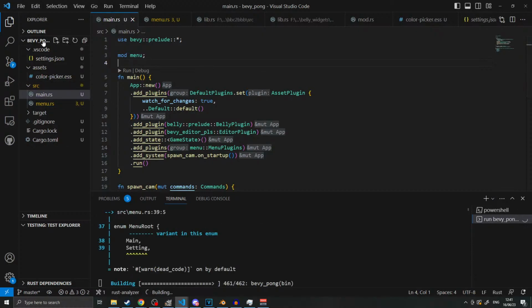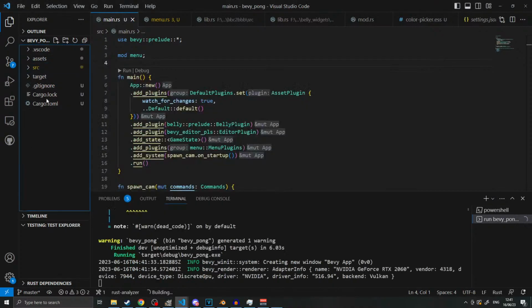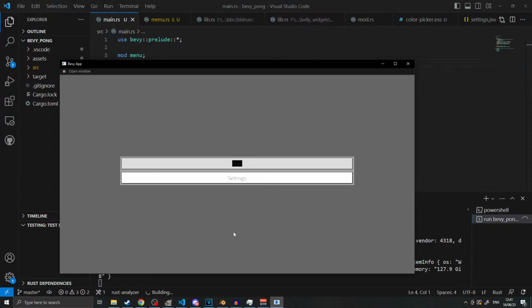The one issue I have with Visual Studio Code is it's so hard to get things to go into the outermost folder. I always end up with things inside folders, because you click here and say I want to go to new folder, and it puts it inside. Sometimes it does, sometimes it doesn't. Anyway,